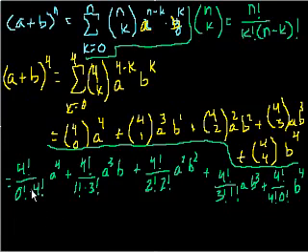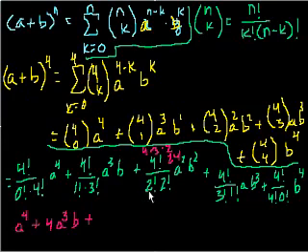So 4 factorial divided by 0 factorial times 4 factorial is actually equal to 1. So the first term is just a to the fourth, plus 4 factorial, that's 4 times 3 times 2 times 1, divided by 3 times 2 times 1, so that equals 4. 4a cubed b, plus 4 factorial, that's 4 times 3 times 2 times 1, so that's 24, over, what's 2 factorial? That's just 2, so 2 times 2 is 4. So 24 divided by 4 is 6, so 6a squared b squared plus,